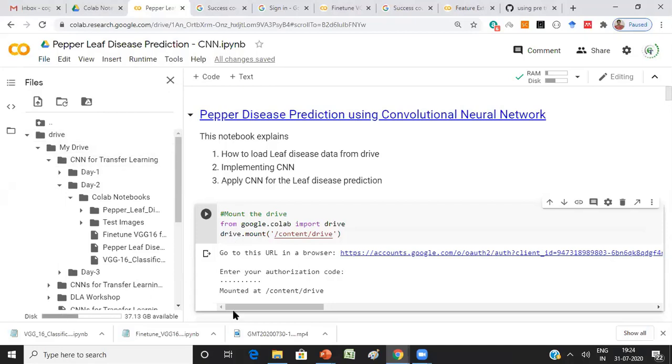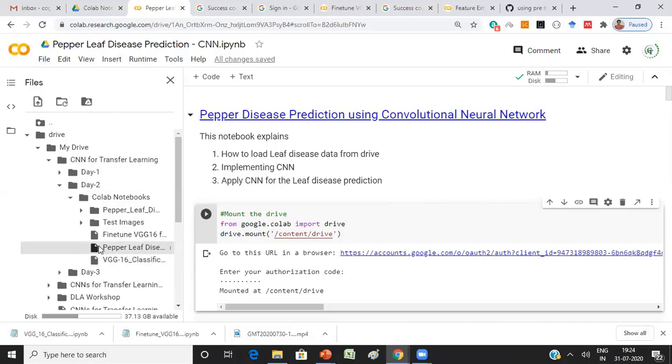This notebook is available in my drive, under day 2, under the Colab Notebooks folder, and in that I have a file. Sorry, not under test images, under Colab Notebooks I have the pepper leaf disease prediction problem.